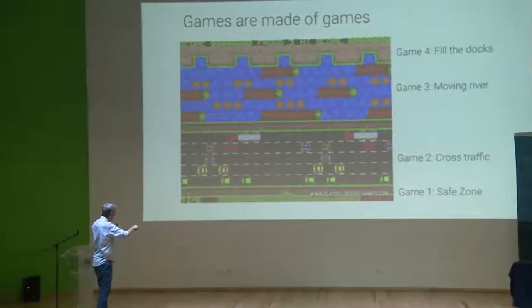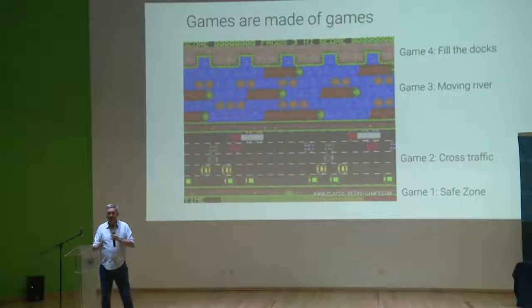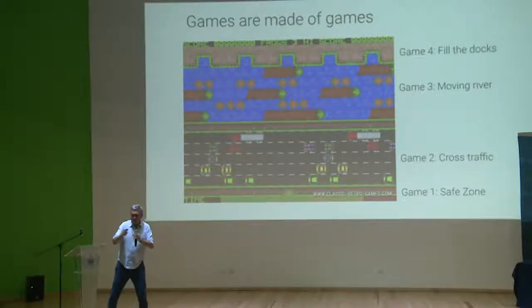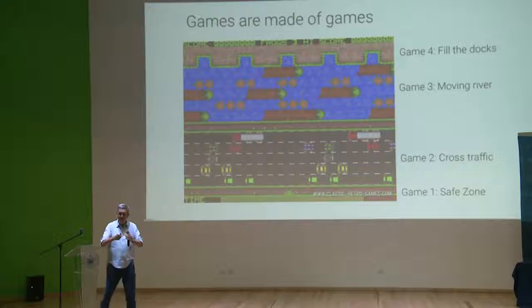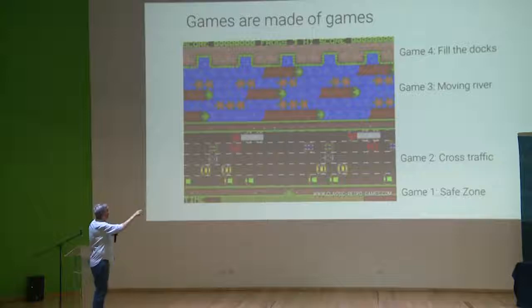There's this safe zone here, where you can move all you want to, and you won't die, and you can learn how to use the joystick, and you can go back and forth. And then, after that, you can cross the traffic, which is a certain level of difficulty, and then you have another safe zone, and then you have this moving river, which is more difficult, and then you have the extra game of being able to jump into these things because these logs are always moving in the same direction. So getting this one is easy, getting this one is really hard. And so it's like these levels.